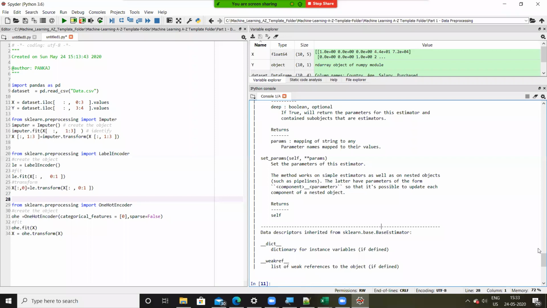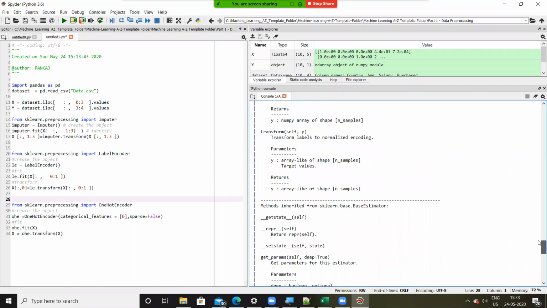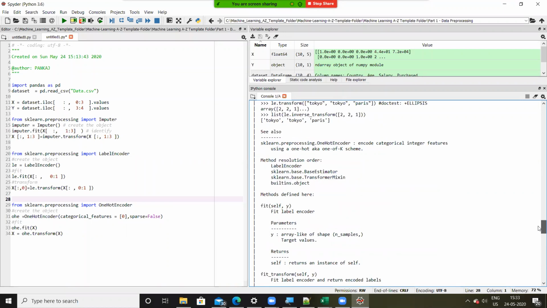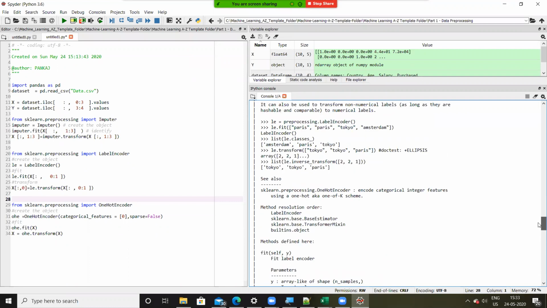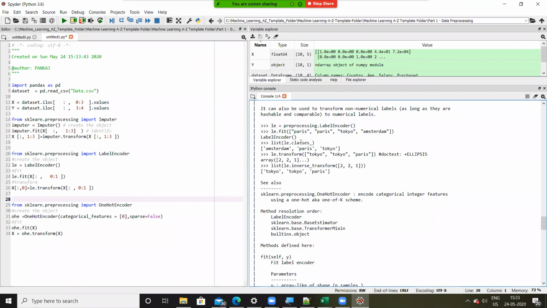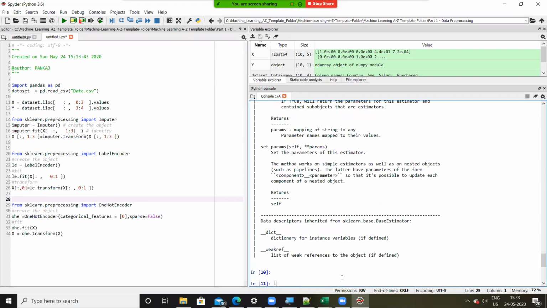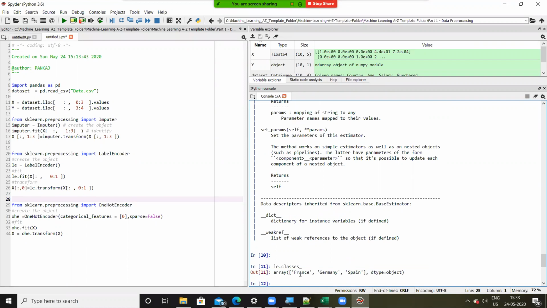And if you scroll up, you'll find we have something called as classes underscore, right? So now let's type le dot classes underscore, and you can see 0 index is for France, first index is for Germany, and 2 index is for Spain.